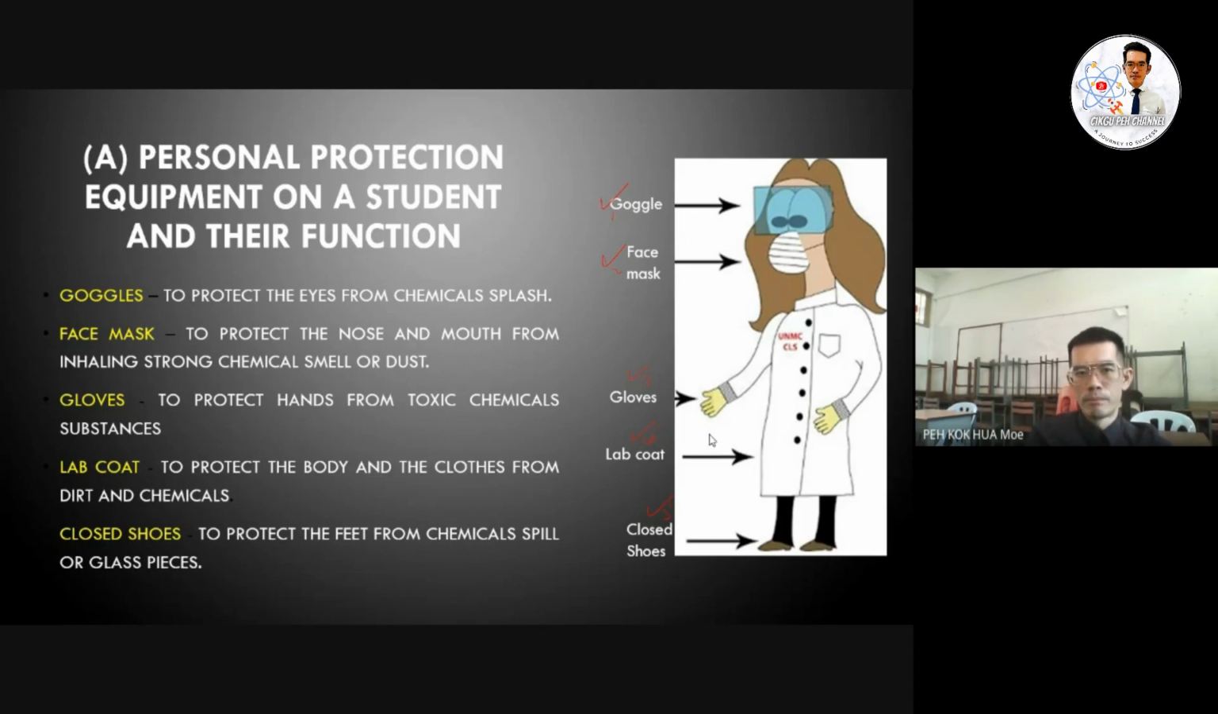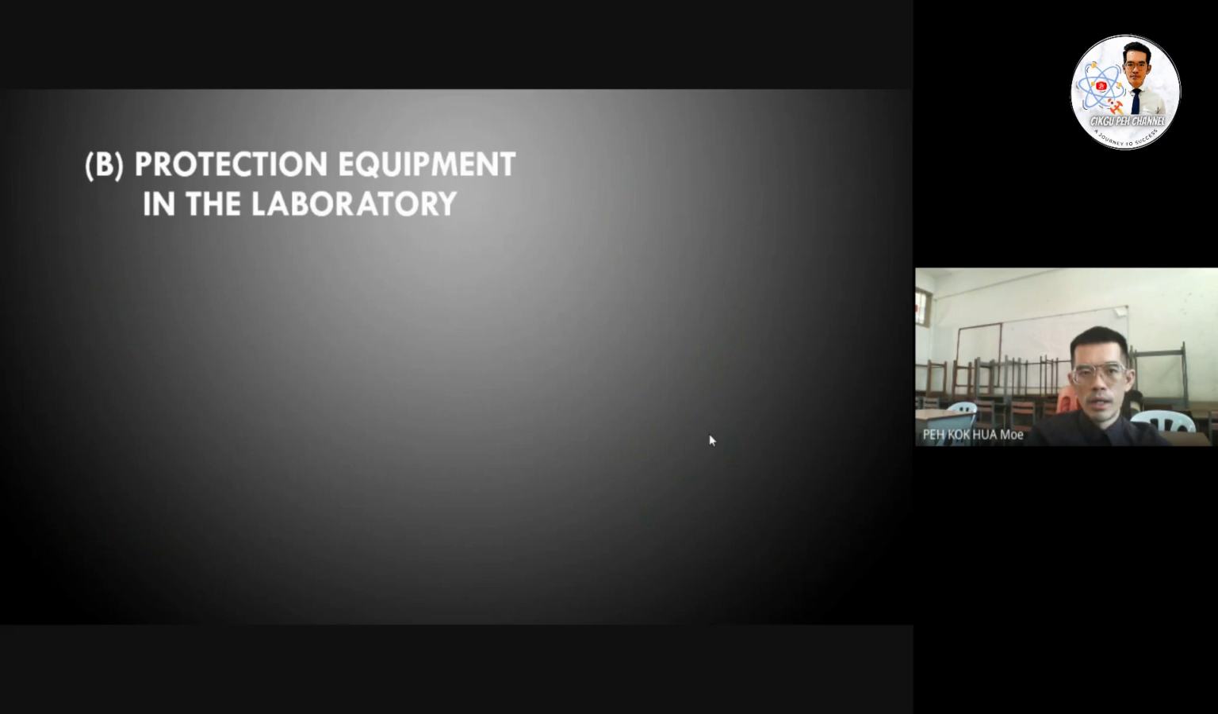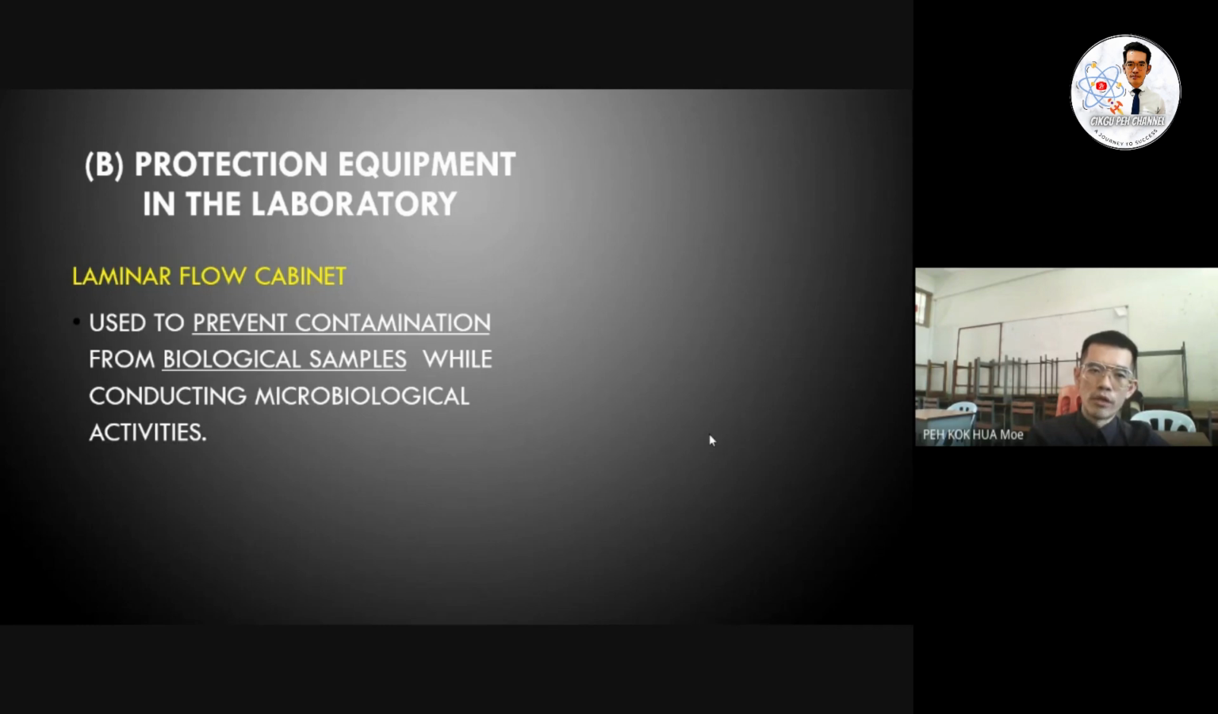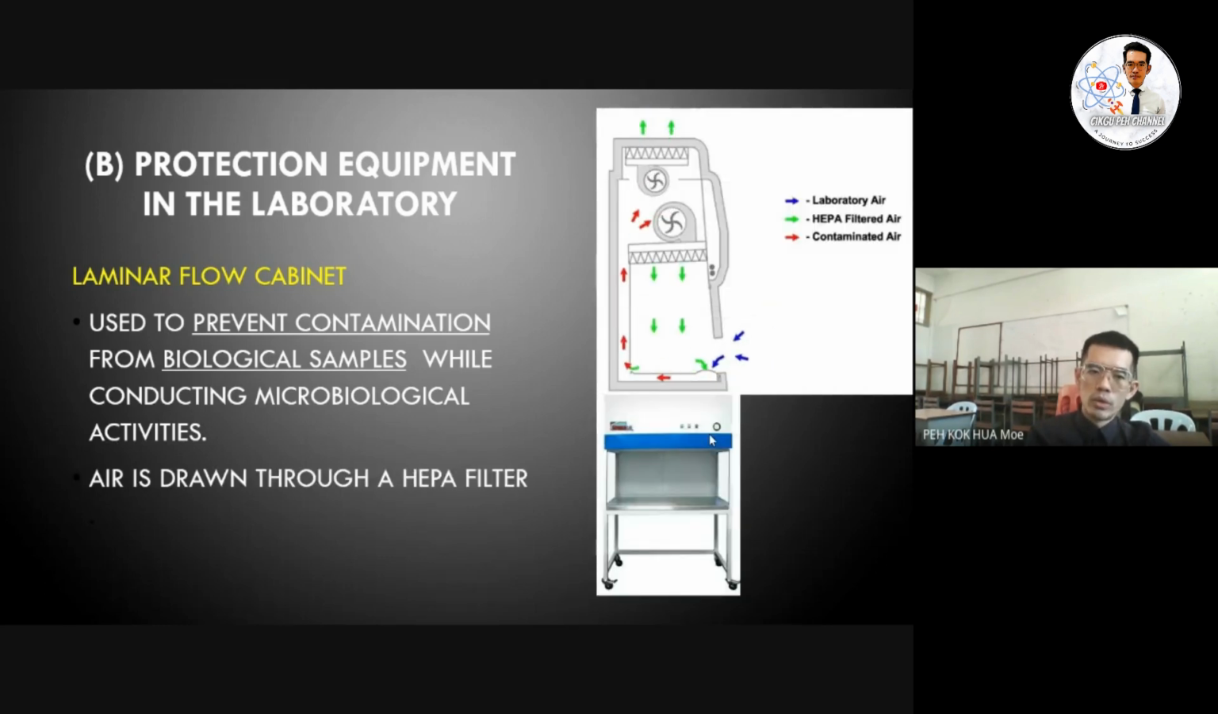So this is the personal protection equipment and its function. The next is the protection equipment in the laboratory. In total we have 3 protective equipment to discuss in this chapter. The first is the laminar flow cabinet, used to prevent contamination from biological samples while conducting microbiological activities. You can see the air flows through the HEPA filter. The HEPA filter will be here,